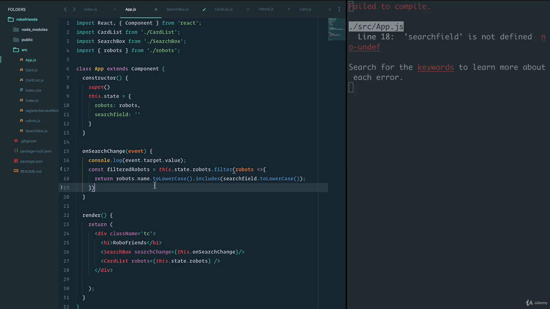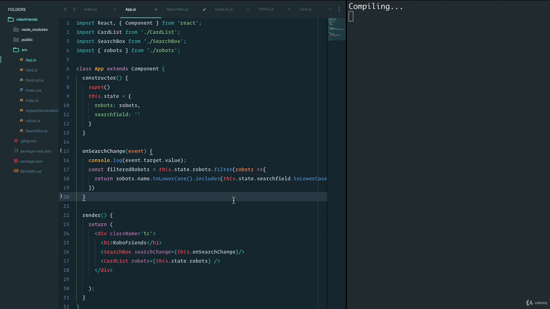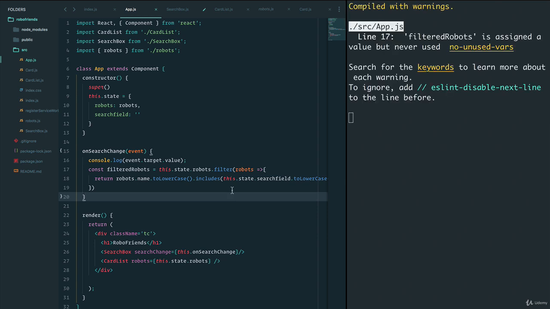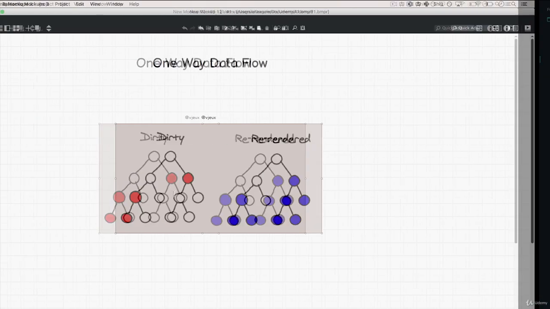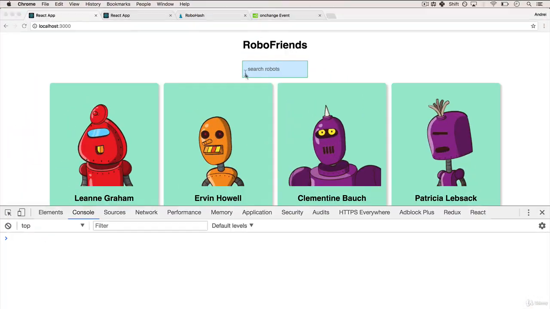Let's save. Oh, and you see here how I get the search field error because, well, it's part of the state. I have to do this dot state dot search field. If I save this, I get that filtered robots is assigned a value but never used. But don't worry, we can now console log this and see what we get. If I save, and let's go back to our app,